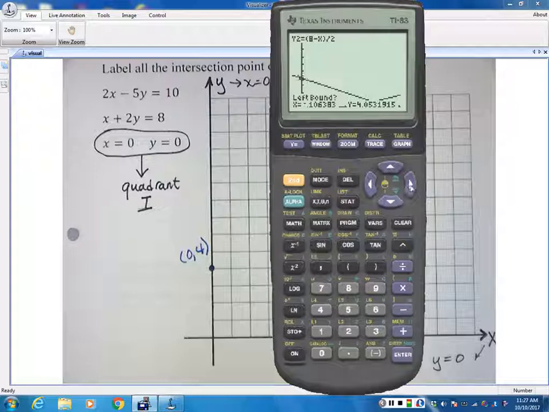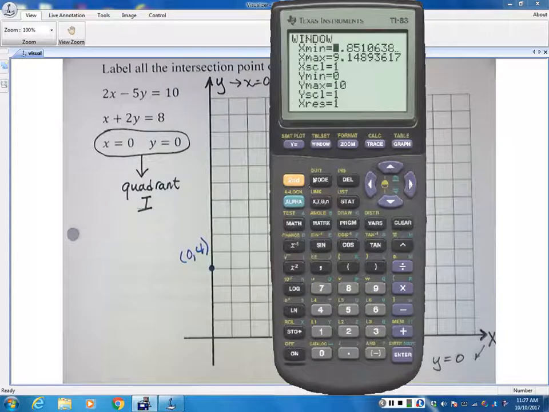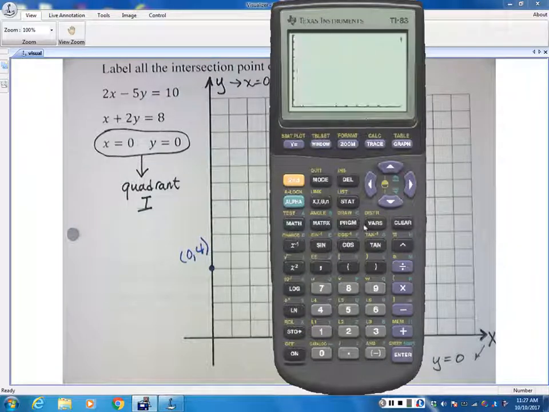So if I get to the left of that, let me make that go back to where it was. So what I'm going to have to do is trace until I actually can see what line I'm on. And it looks to me like I'm on the right line,